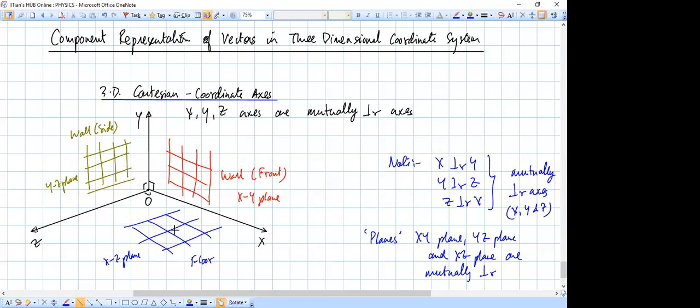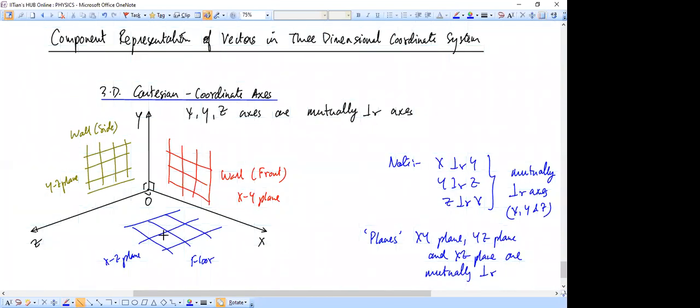Okay, so try and think like I've told you that this is the floor on which you're sitting. This is the wall which you're seeing in front of you, and this is the wall which you're seeing on your left hand side. So the edge of the front wall and the floor, the edge in front of you at the bottom, that is your x axis. Then the corner on your left hand side, which is going vertically up between the two walls, that edge on your left hand side corner, that is nothing but your y axis.